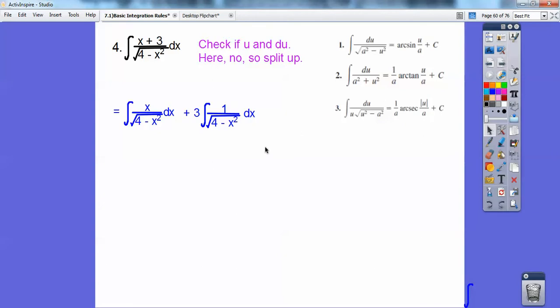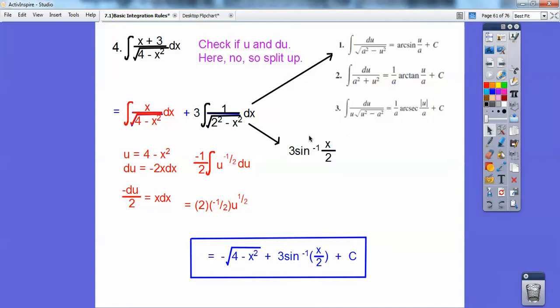Then I can do a u substitution on this side right here. U is this stuff right here, and then this one's going to get me that arc sine right up there, okay? So there's that arc sine right there. And then